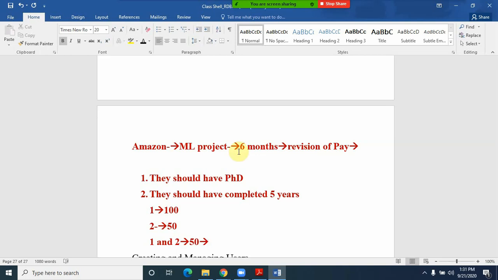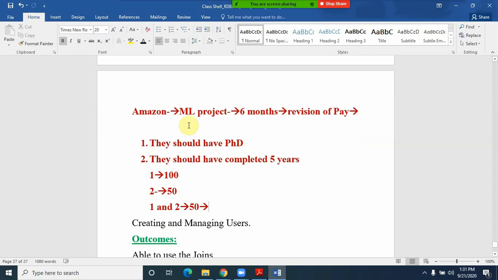Apart from these things, these members got some 10% or minimum 30%, assume that, in Amazon, and here also they got a 30% hike, and maybe the manager wants to give some additional perks along with the 10% hike.